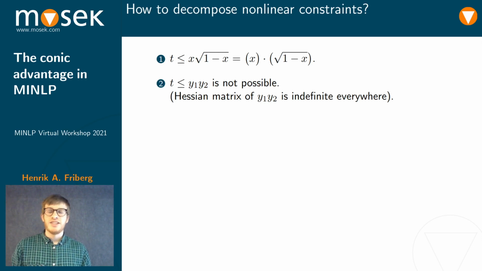And it's therefore natural to try and see if we can represent these operands independent of each other. Unfortunately, that is not possible using convex cones. In particular, the Hessian matrix of this product is indefinite everywhere. And this means that the hypograph of it or the epigraph of it is going to be a non-convex set. This also tells us that in order to represent this hypograph, the relationship between the two operands is going to be very important for our success.